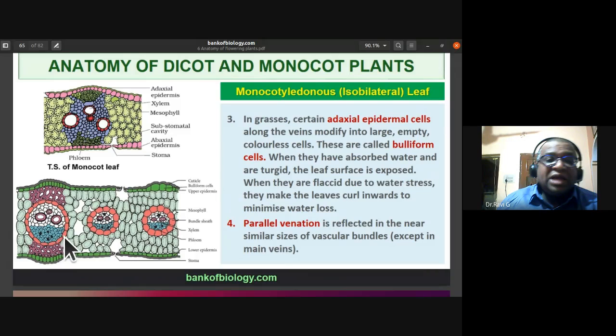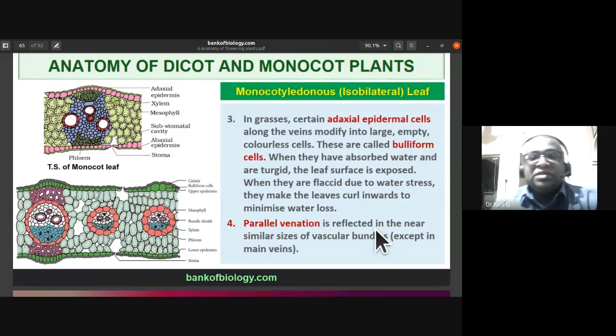Now, if you ask me what is the vascular bundle type in case of the monocot leaf, it is the same conjoint closed type of vascular bundle, and you have the endarch condition, conjoint collateral. We are not using the term collateral now, but in the earlier textbooks they were using this term. Conjoint closed type because they don't have cambium, and endarch because the protoxylem is towards the center. So that gets repeated. There is nothing unique in that. The same things are there.